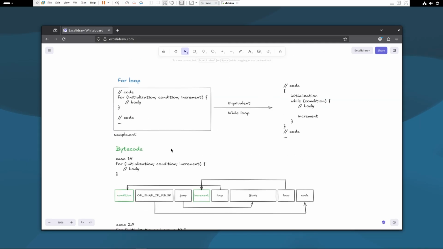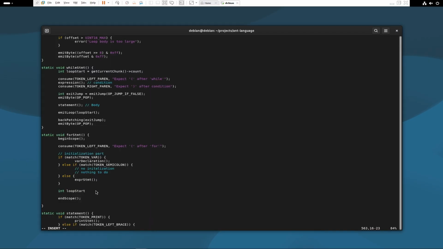So the first time I need to remember the loop start because I don't know which case we are in. So what I need to do is to read the count of our chunk